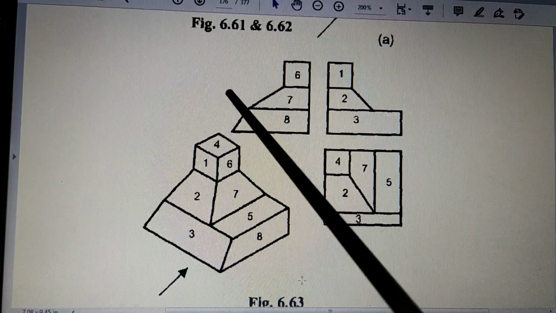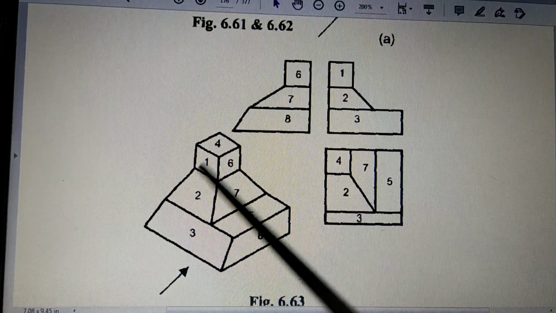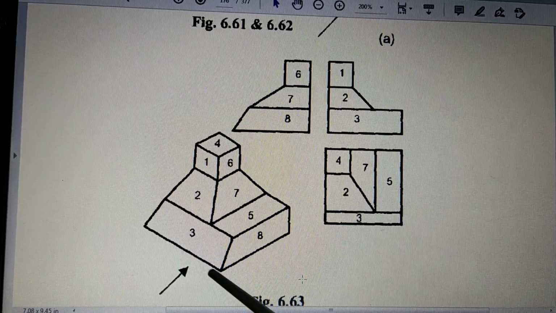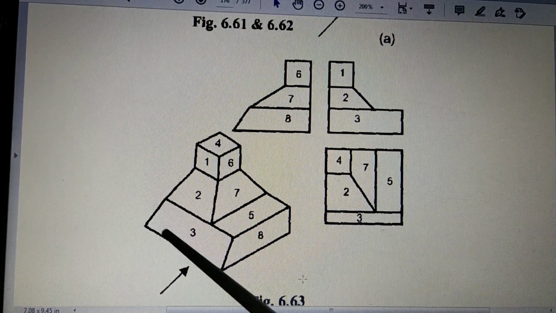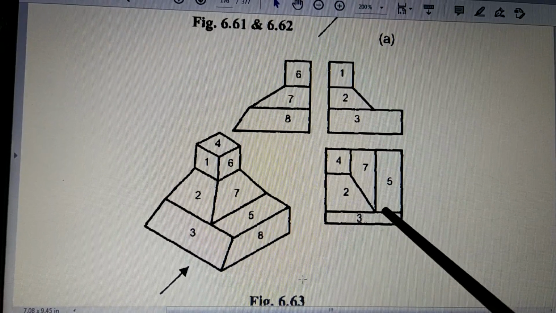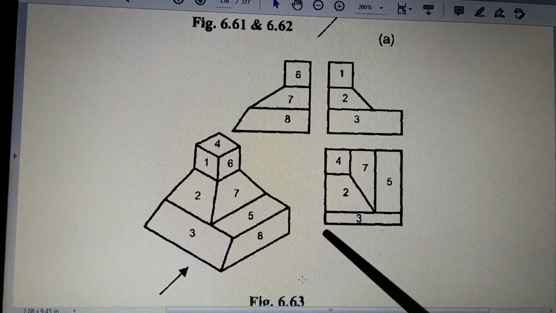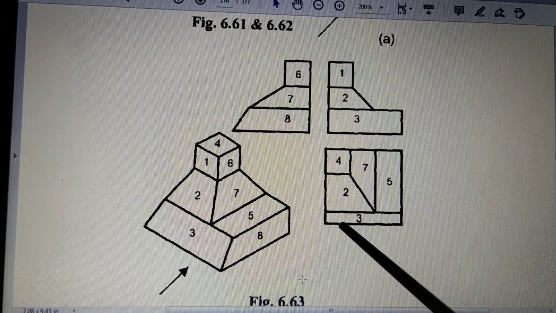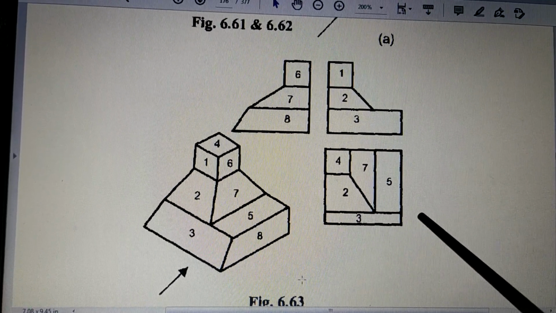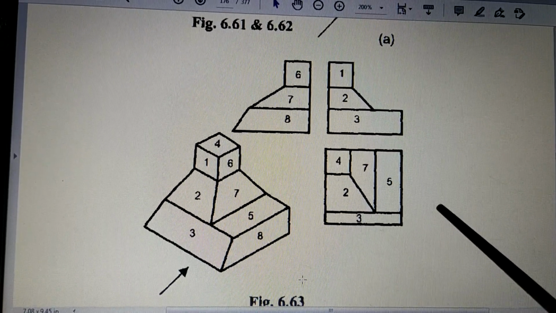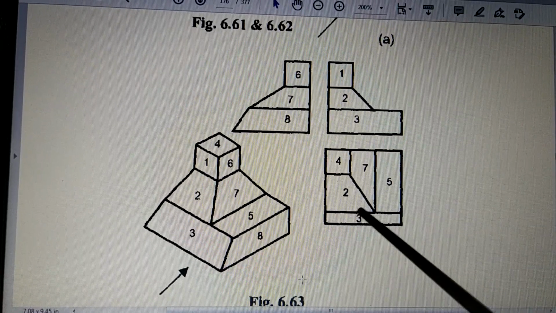Now let's see from top. When you see from top, what do you see? First thing is the overall shape, 3 and 8. So this is 3 and this line is 8. That is the overall shape that is drawn, 3 and 8. Out of that 3 and 8, somewhere here this line will be seen. Now we are not talking about dimensions, so we are not thinking where to draw this line, at what distance. Right now, let us not think about that. We just think which is seen, where it is seen, how it is seen. So surface 3 is seen, so we have drawn a line like this, which is this limit.